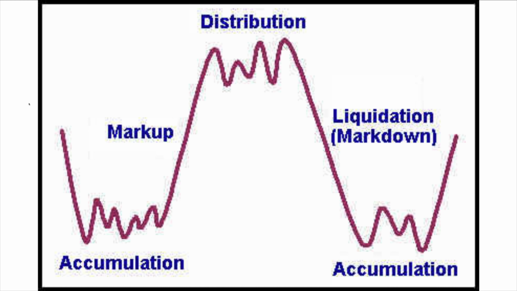So again, real quickly, just to go through this: the stock pushes down, you get stuck in this range, and then here you go, here's your big run up, right? You get the big move. Now you've got distribution, right? It's still in the range, so this is going sideways. It's not going any higher, but right now people aren't willing to just sell them all. But guess what happens? The rundown phase, which again is liquidation. The stock just goes shoom. And now you start the whole thing all over again, another accumulation phase. And this is how the stock market works.